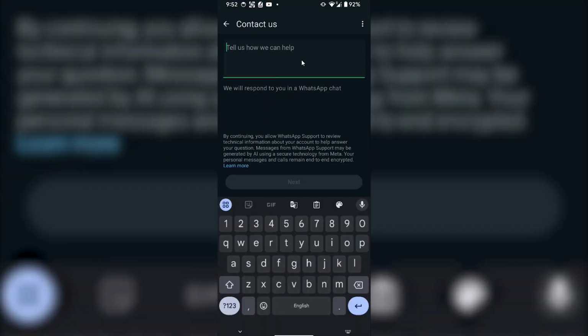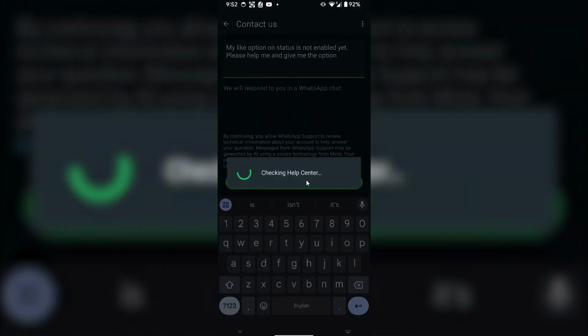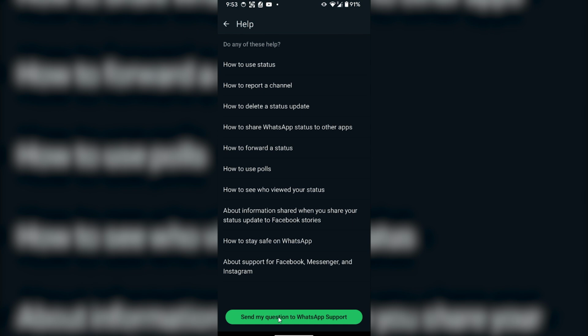and tell us how we can help. From here you can type anything. For example, my like option on status is not enabled yet, please help me and give me the option, and click on next. And then you have to select send my question to WhatsApp support,